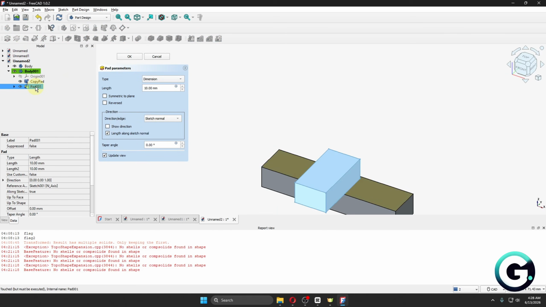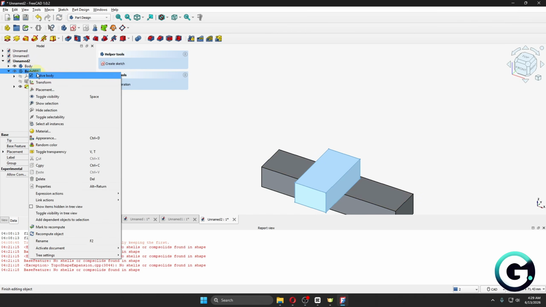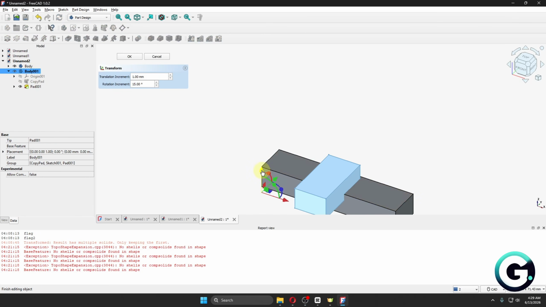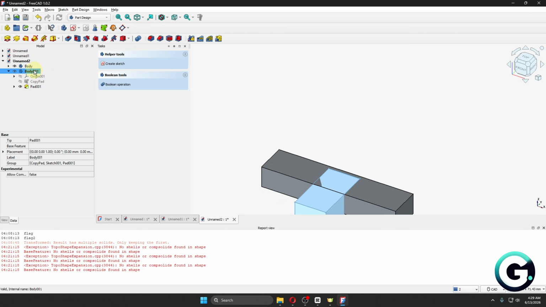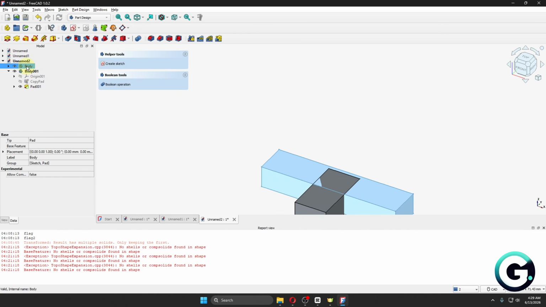So what you want to do right after is to just click on your second part, and then from here, let's just go ahead and move the second body downward just to make sure that it integrates with our first body right here. Click on OK, and what you can do is to right click on the main body,